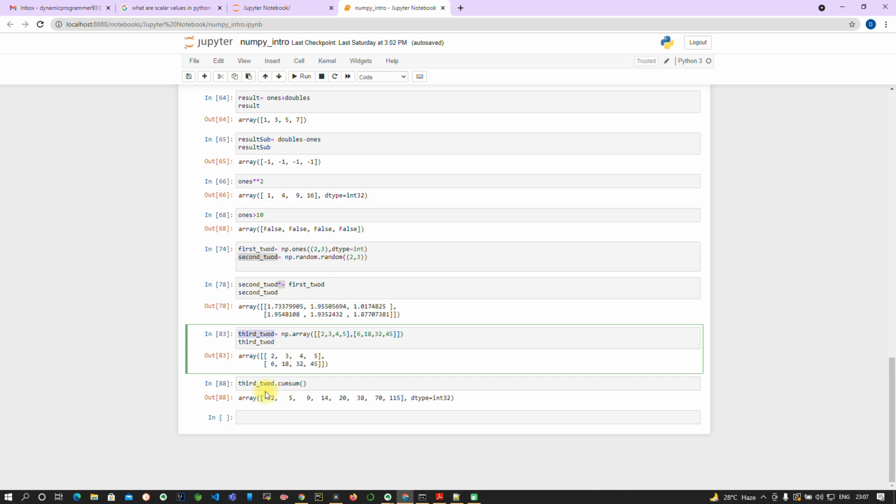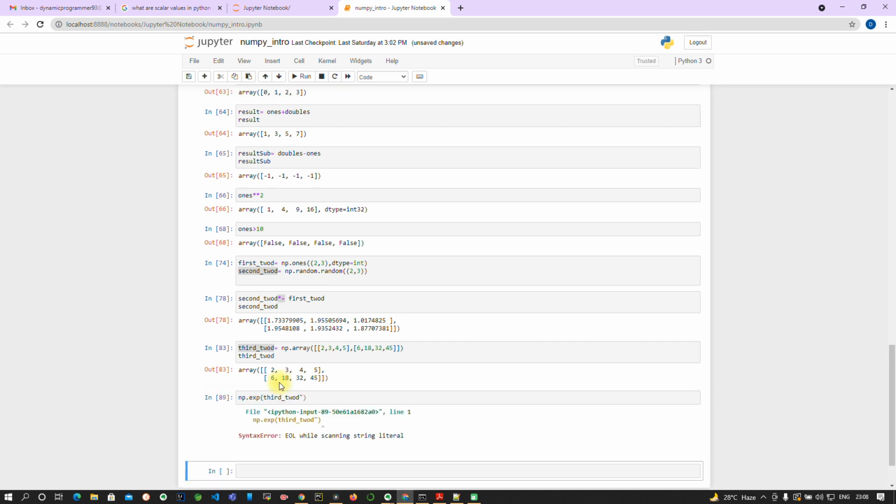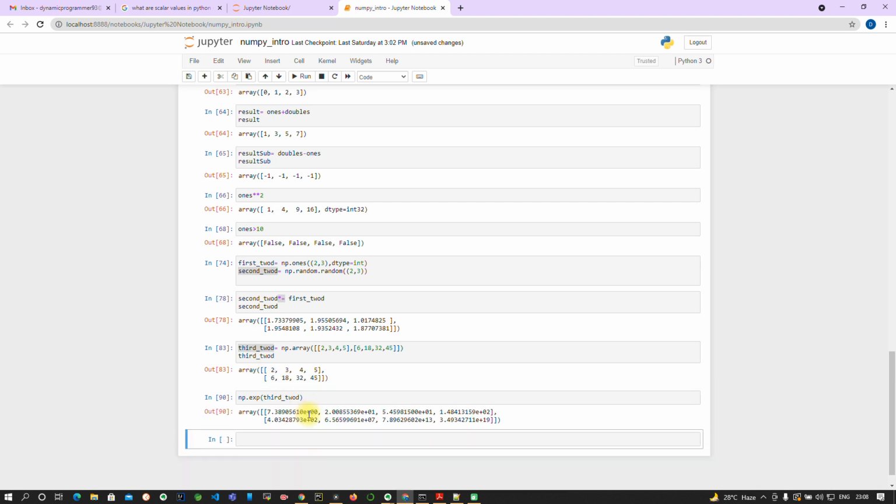So one of the universal functions is np.exp. It is calculating the exponent of all the elements, and it is printing that.